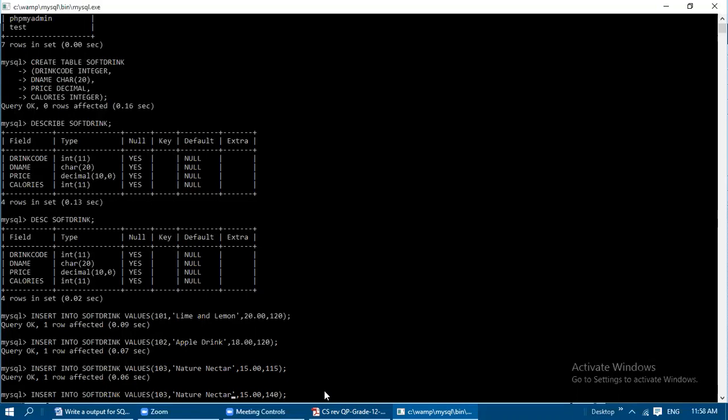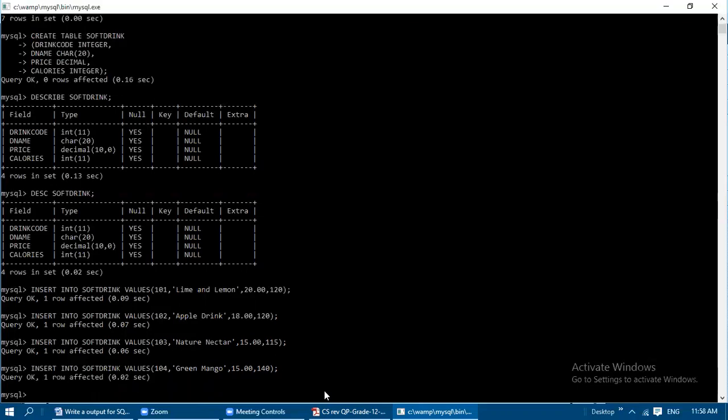Then here the name is green mango. So I'm using the backspace key in order to delete the values. So green mango. After giving the drink name, you change the drink code, give end, give enter. Okay, now the next row, that is the fifth row. Totally 6 rows we have, so we need to complete one more row.